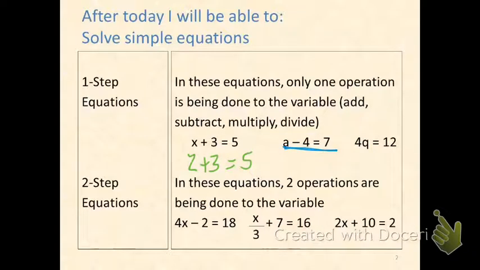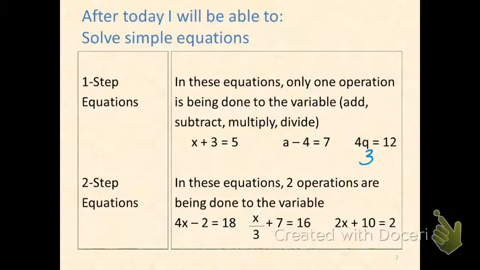a minus 4 equals 7. a has to be 11 because 11 is the only number where 11 minus 4 will give you 7. Okay, this one we've already picked up on. That means that we're multiplying. 4 times some number that we don't know, cubed, gives us 12, which means the only number that would fit here would be a 3, because the only time that we can get 12 by multiplying something by 4